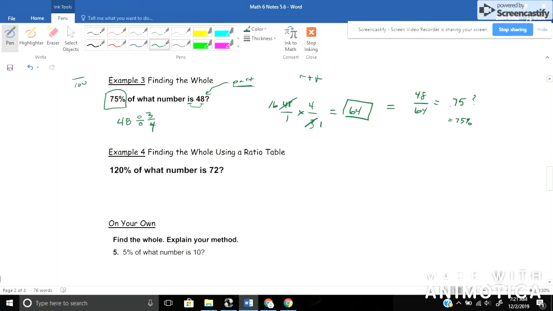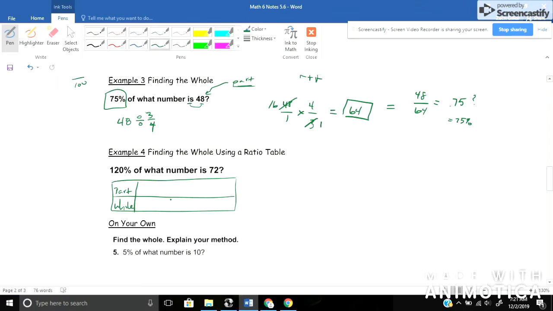For example 4, now it asks you, kind of like before, to use a ratio table to be able to find your whole in this one. Okay, so it says 120% of what number is 72. We're going to make our ratio table again, where we had our part and our whole. So I'll put your part on top, whole on bottom,